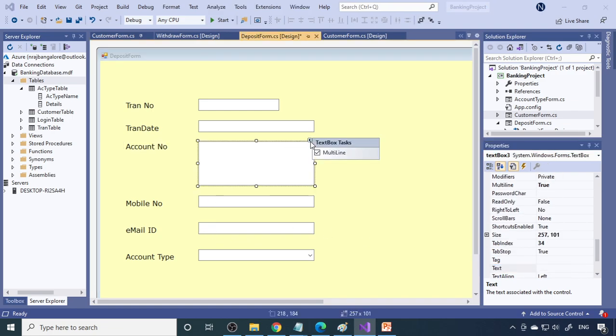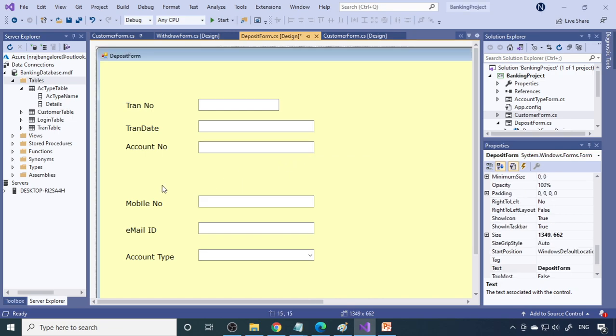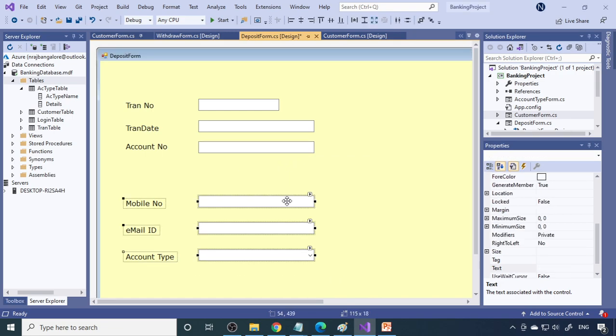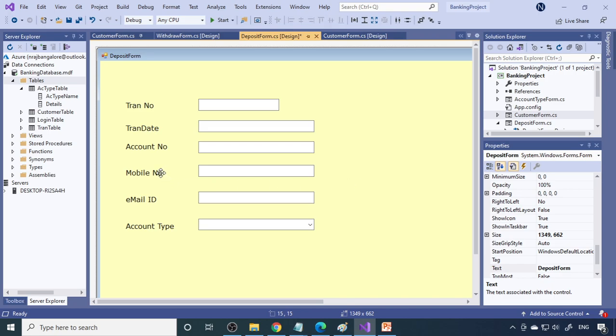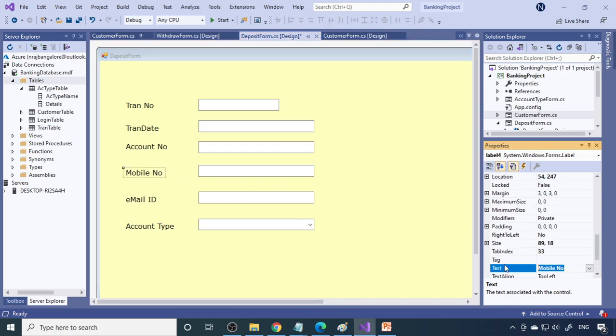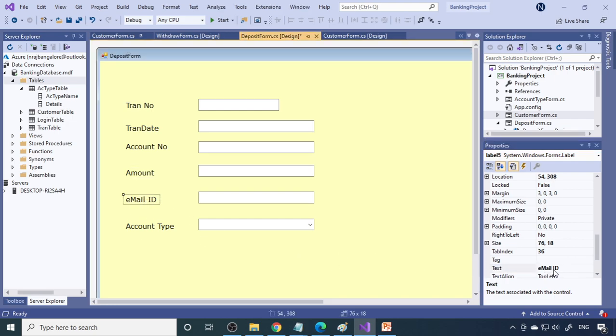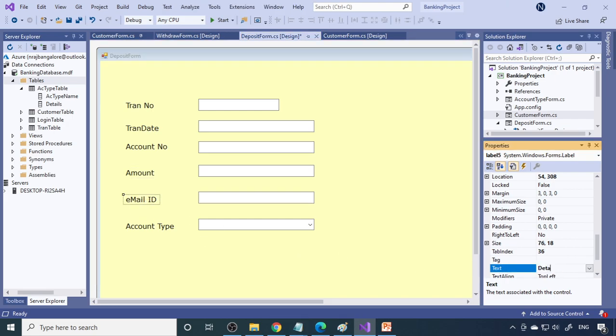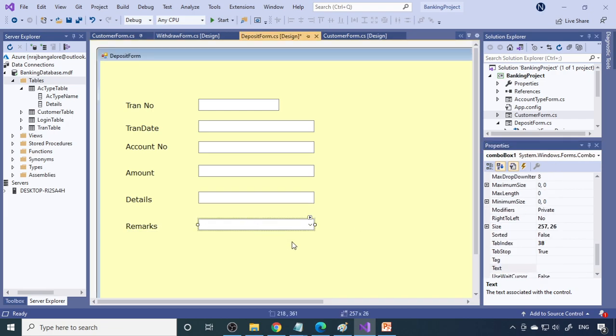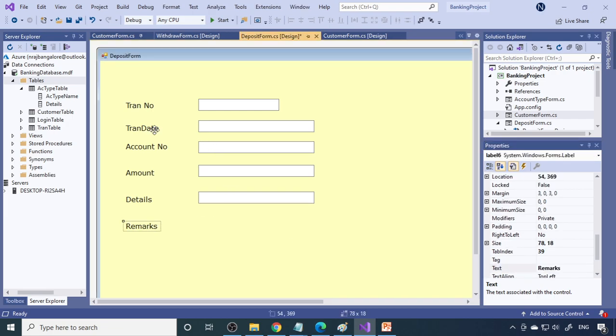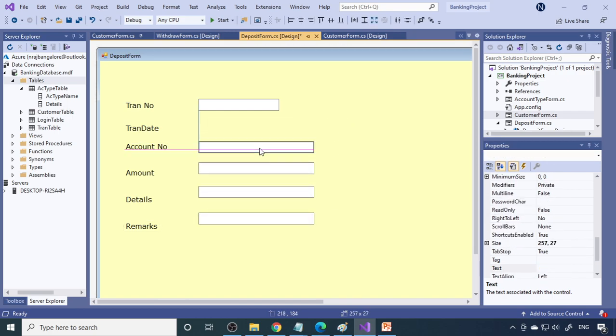So account number, a single one is enough. The next is the amount, deposit amount, and details. How do you pay? Whether cash or check, all that you can write here. Then we have one more field called remarks. Fine. So this combo box is not required, I'm going to delete this. Transaction date, we want a date, so I'll just bring it down.